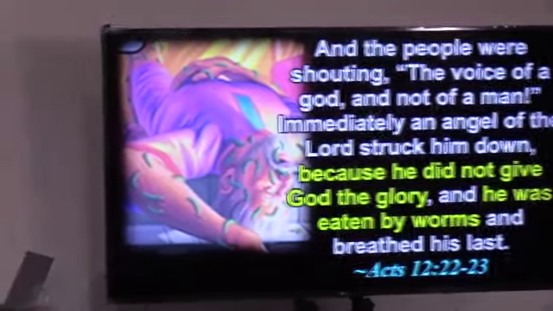Herod was a good orator. As a ruler, he was schooled in Grecian rhetoric, and because he was good in oratory, he delivered a very powerful speech, and they thought God was already speaking, and he claimed the glory for himself. And you know what happened? He breathed his last, and he was tragically judged by God.